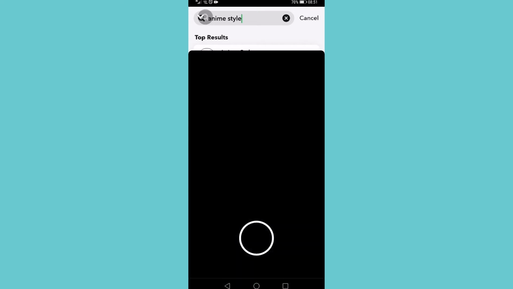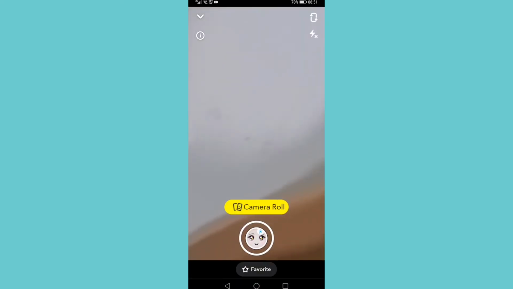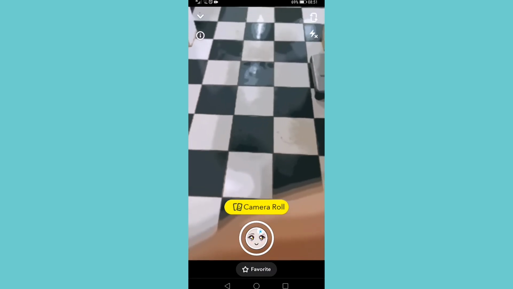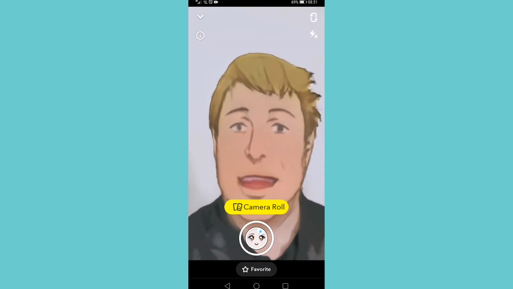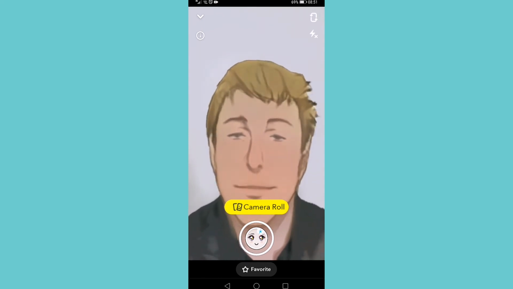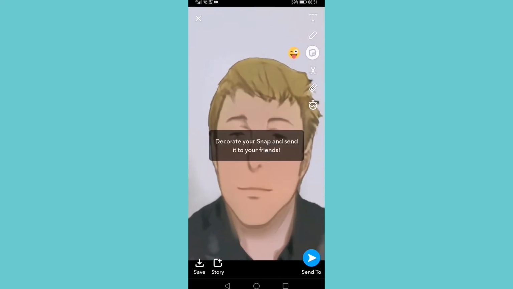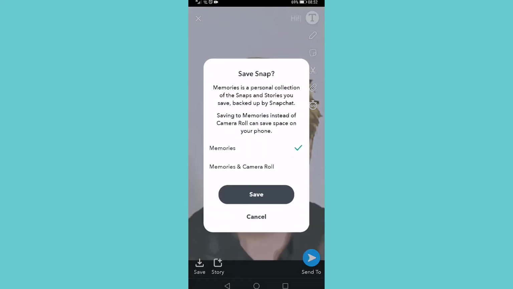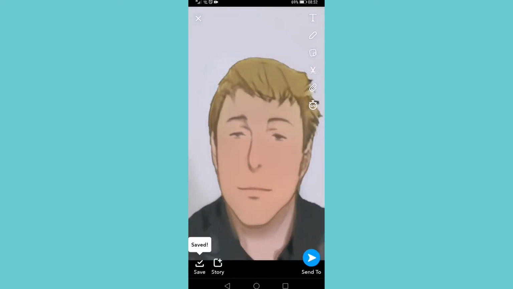So tap on the first option and then that's going to open up the camera roll with the anime style filter on. If I go ahead and flip the camera, you can see now that I have the anime style filter enabled. So I can go ahead and take a photo and then the photo is saved, and then I'll have the option to send it to my friends on Snapchat, or I could save this to my camera roll, tap on memories and camera roll, tap on save, and then that would be saved to my camera roll, and